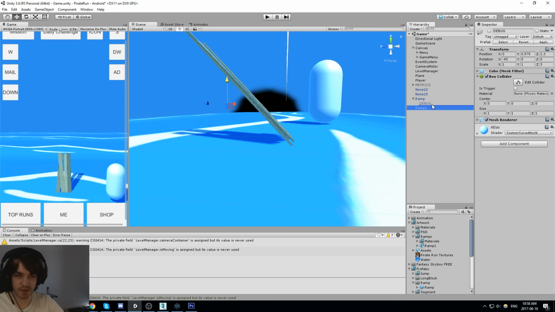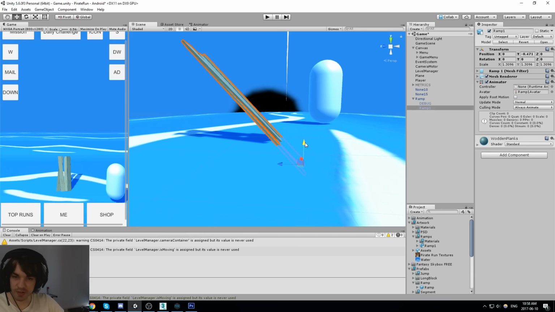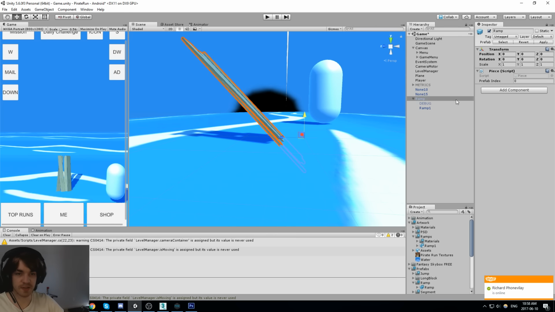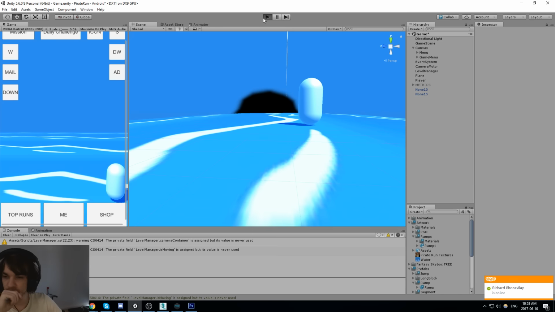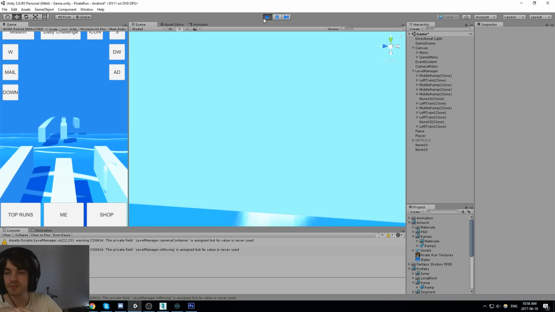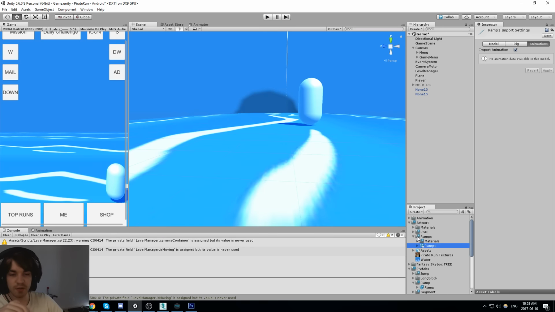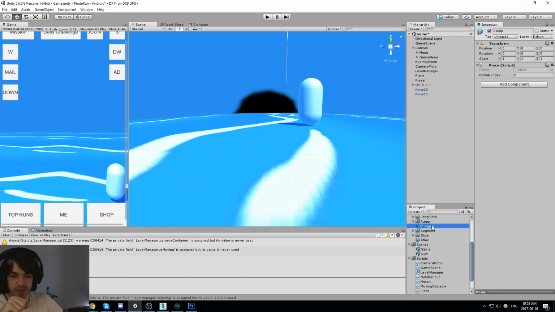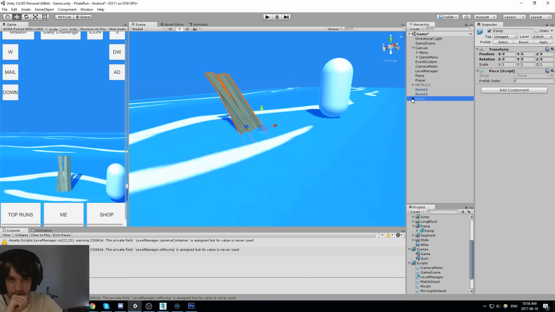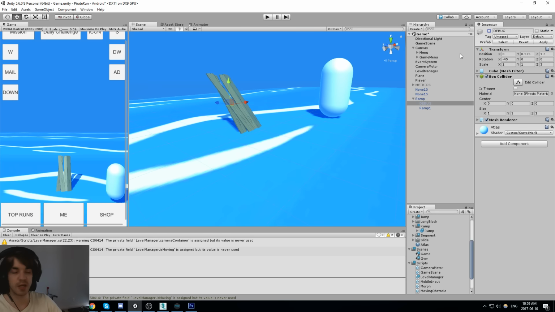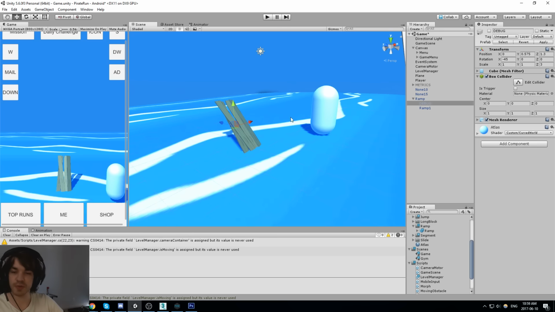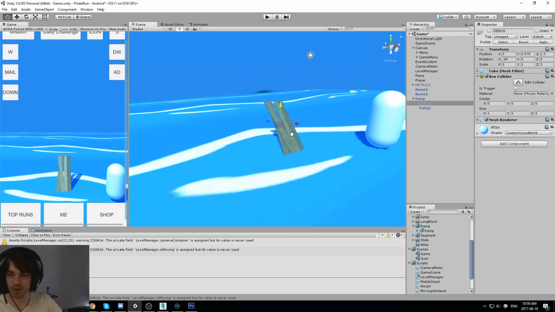I'll be hiding the debug. Just put that in the water like this. And let's save the ramp. Now if I get rid of this, oops, hit apply. Oh, it didn't affect my segment, it only affected my little prefab, which is fine. That's the one I'll be using later on. But yeah, so we have two options. We have the option to have the debug graphic, or to have the ramp 1 graphic. There's gonna be ramp 2, ramp 3, ramp 4, all that kind of stuff, depending how much time we have to put into this. But at least now we have at least one graphic for this thing.